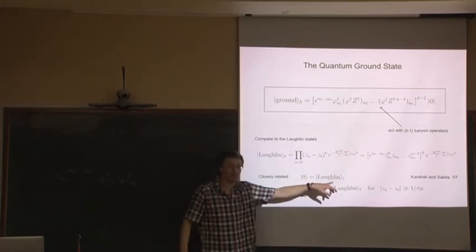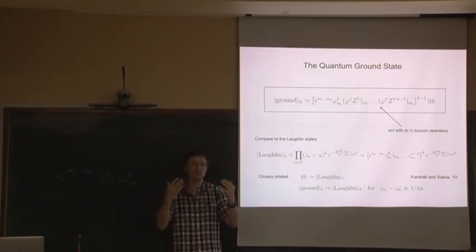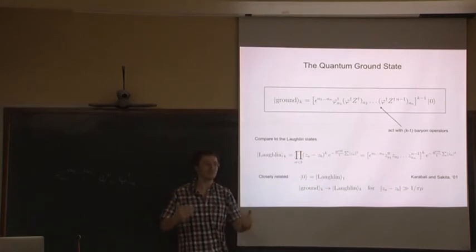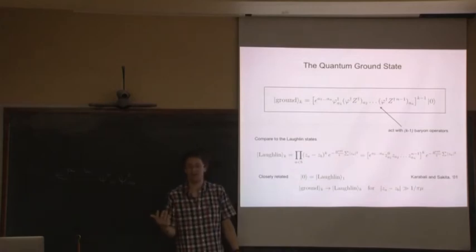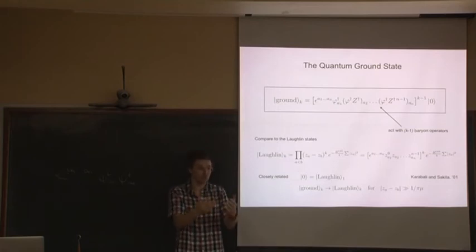So if you read this paper, they're a bit disappointed about this. They say, oh, we haven't got the Laughlin wave function. Maybe we can do something else. Maybe we can change our matrix model. Maybe we can change the map. It's really important to get the Laughlin wave function. It's completely the wrong attitude. Because as I tried to stress in the lectures, there's nothing special about the Laughlin wave function. It's just an easy wave function to write down that captures all the right physics. It's in the right universality class to have the right anyons, topological order.